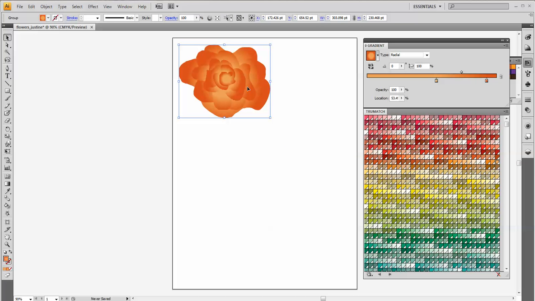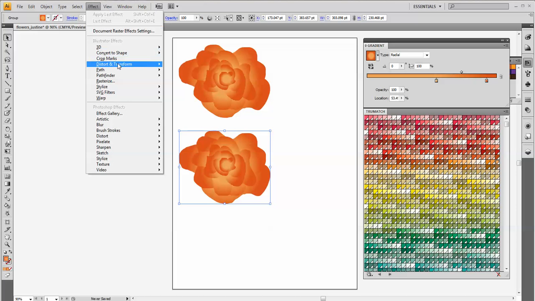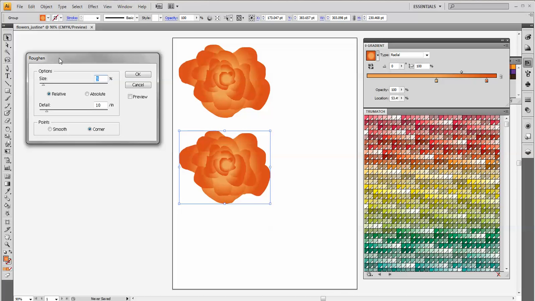I'm going to hold down, with this selected, I'm going to hold down Alt and drag off a copy. So number 14 says to create a more realistic look, we are going to use an effect called Distort and Transform. So up here on the main menu, I'm going to open Effect, go down to Distort and Transform, and choose Roughen. So with the Roughen window open, I'm going to click Preview,